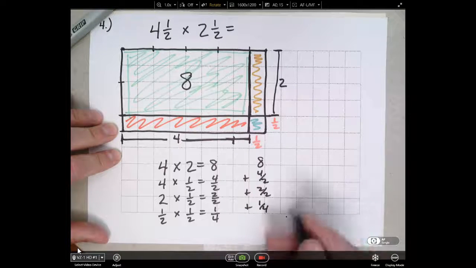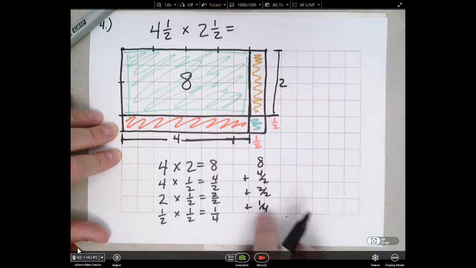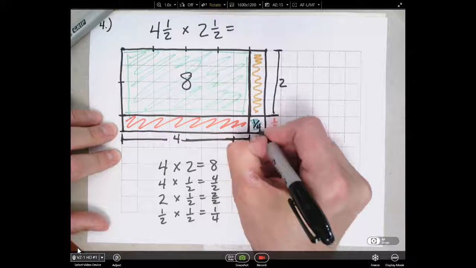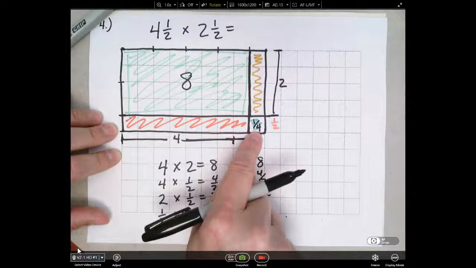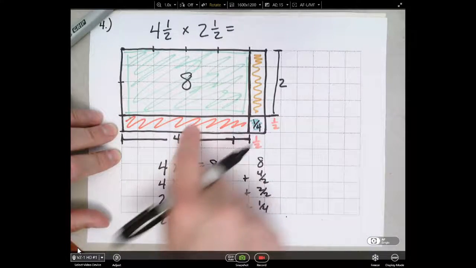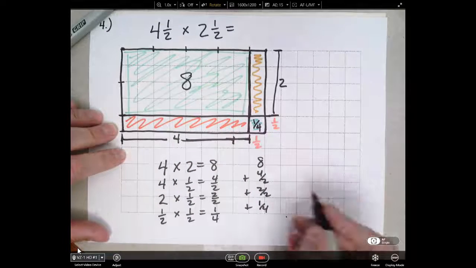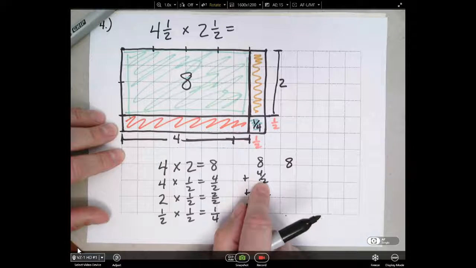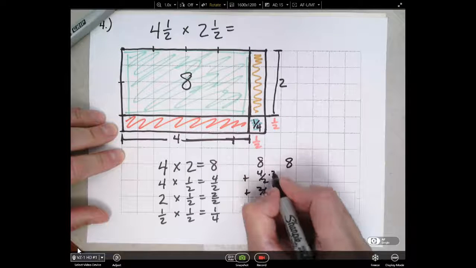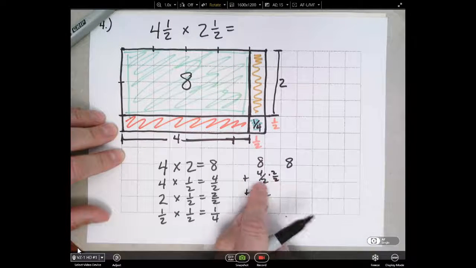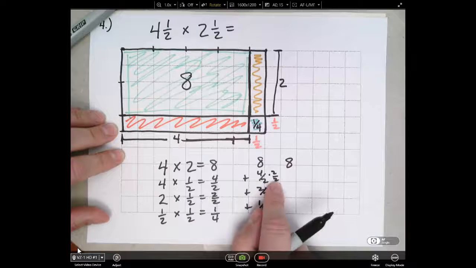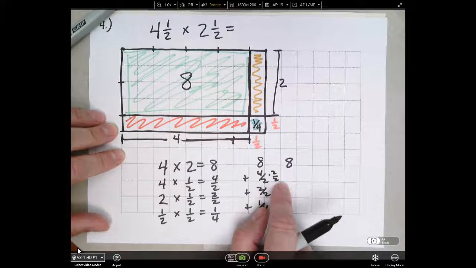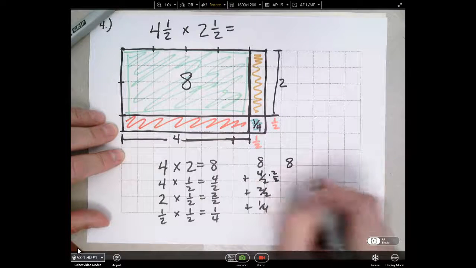I'm going to go ahead and give these a common denominator of 4. And that's one of the nice things about this. You will always find your common denominator in that lower box, even if there are different denominators for these two numbers. Okay, so there's still 8 wholes, 4 over 2. If I multiply that times 2 over 2, okay, anytime I multiply a number by 1, I do not change the value. So I'm simply multiplying this by 1 to get a desired denominator of 4, and that gives